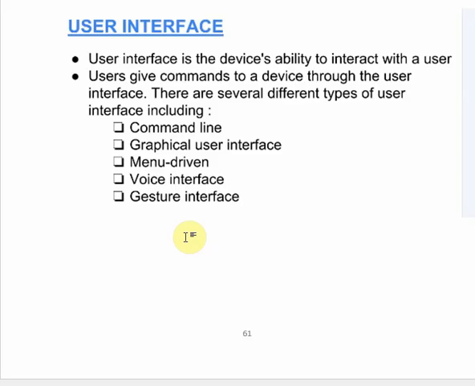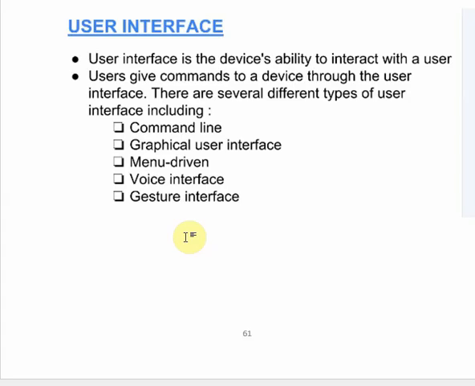It provides all available features, very easy to use, very user friendly. Menu driven means ATM, right? When you insert the card, normally we'll be selecting certain buttons to select a menu, then we call it a menu driven interface. Voice interface means we can use voice commands to control,